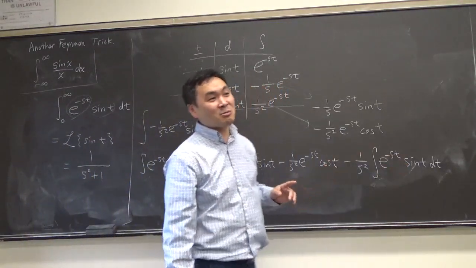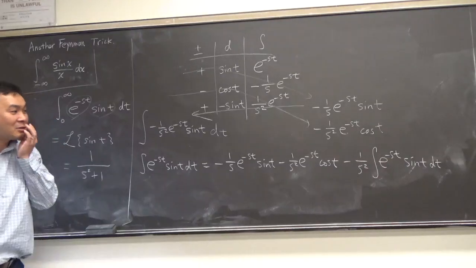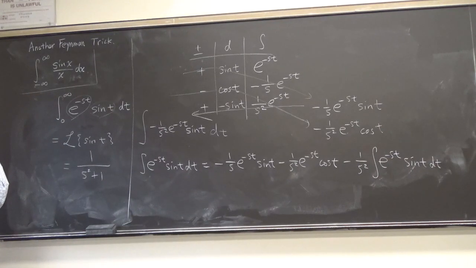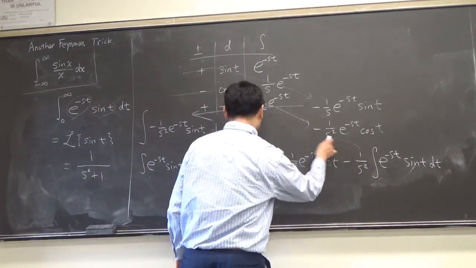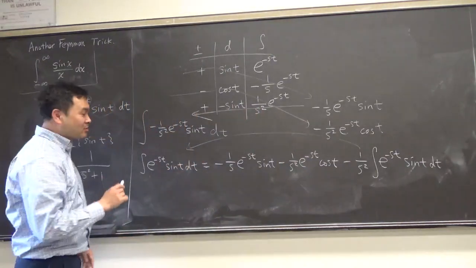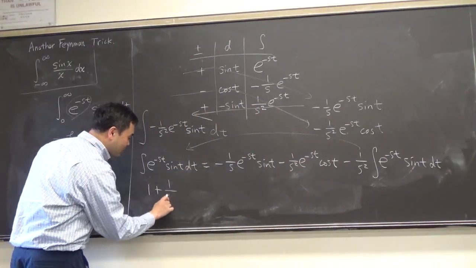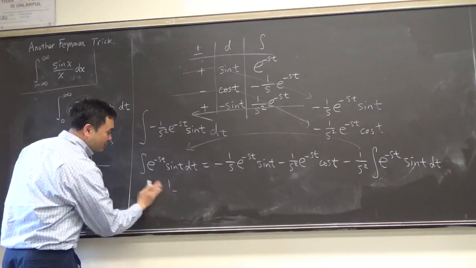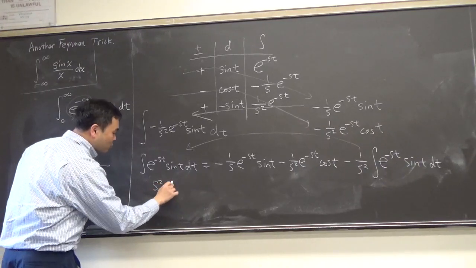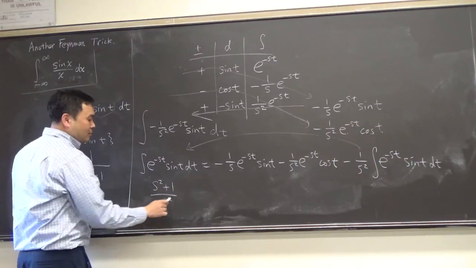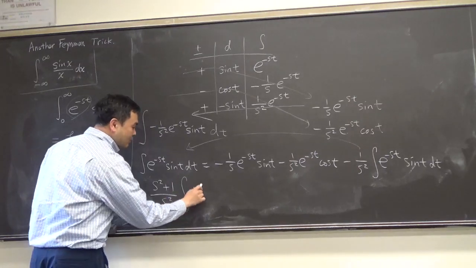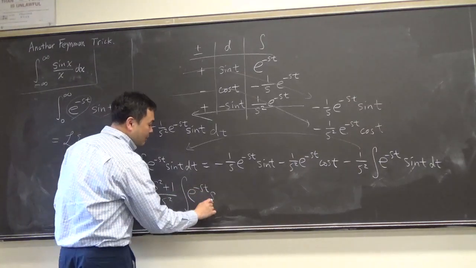So at first this seems like we're getting nowhere, but how do we do this? Yes, we bring this over to the other side and then say 1 plus 1 over s squared, which by the way is s squared plus 1 over s squared, okay, times e to the negative st sine t dt